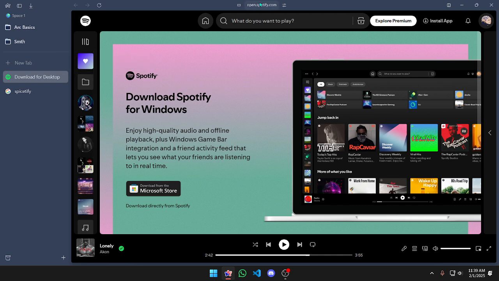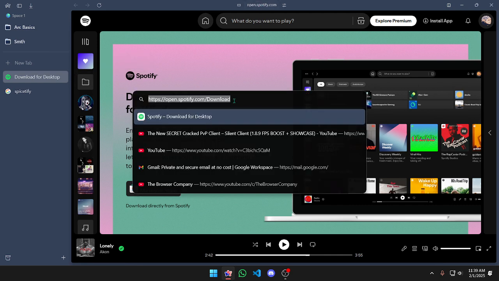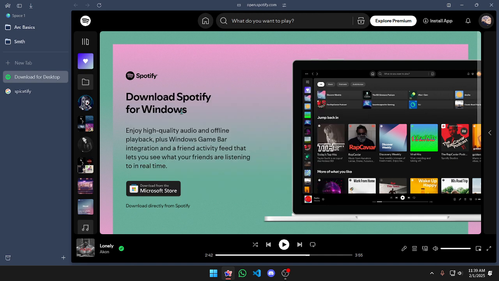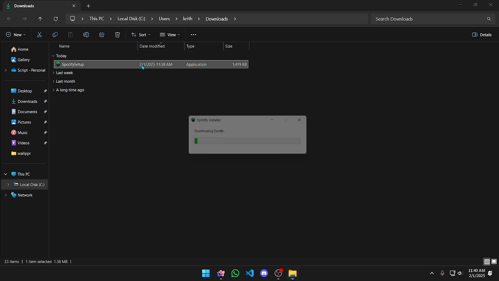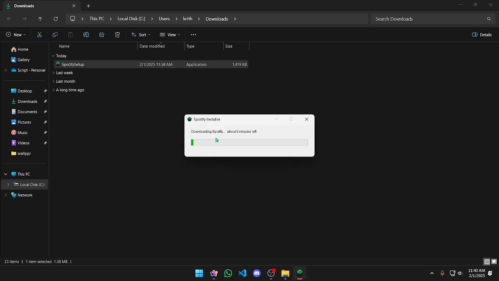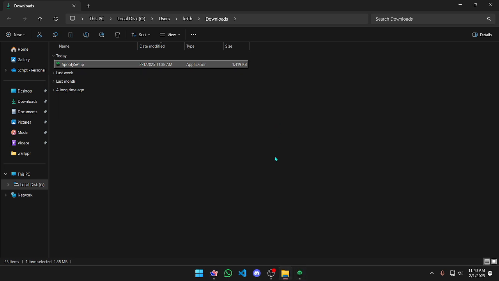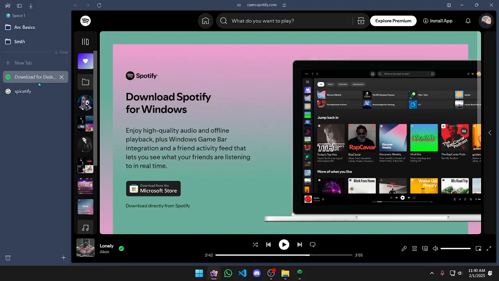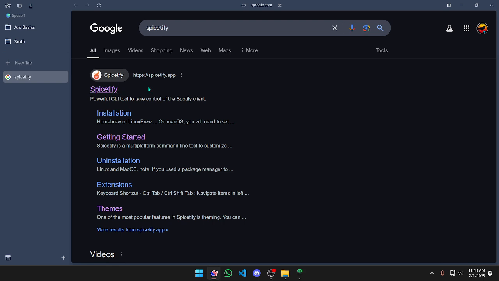Now you have to go over to the download Spotify link. I'll leave the link down below in the description. Go over here and click on download directly from Spotify. Some exe files should be appearing in your download box. Click on it, open it up and install it. While this is installing, I want you to Google up Spotify, or I'll leave the link down below in